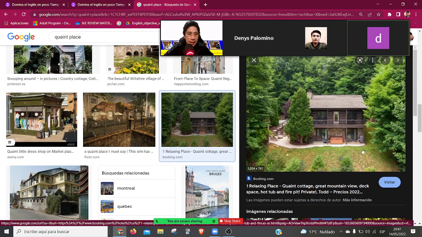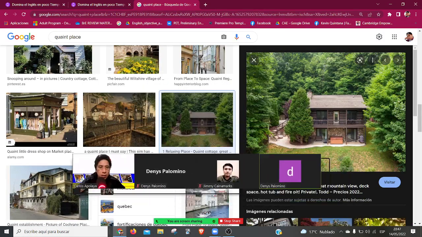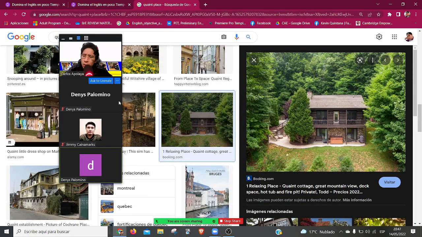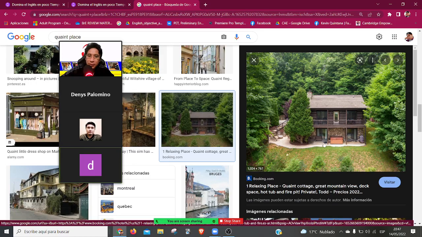Yes. Mira, can I use that with a person? No, if I want to describe a person, no, I use it with places. Siempre lo usamos con places. Quaint. Por ejemplo, esta casa está en medio del bosque, no tiene las mejores comodidades, de madera, pero se ve bonito, pintoresco. Only for places or for objects too? No, just for places. Yeah, for places. I never say, well, there's a quaint car. Puede ser un carro, sí, también puede ser para objetos. Pero lo he escuchado más con personas. For example, oh, that's a quaint car.